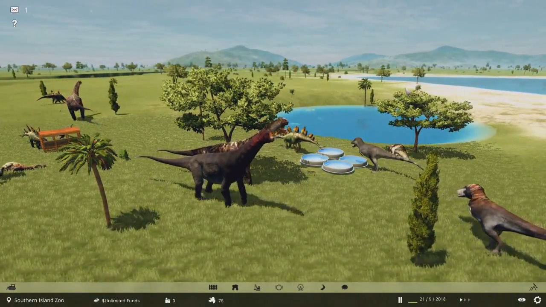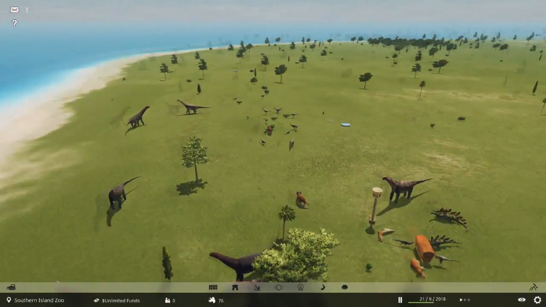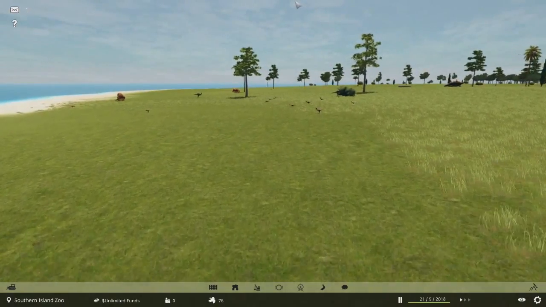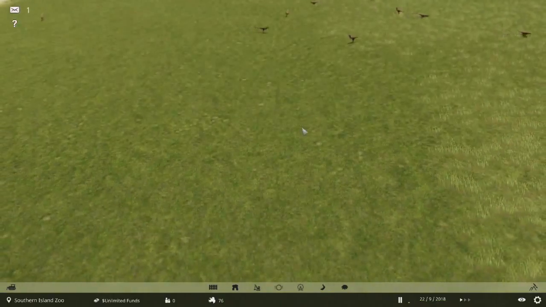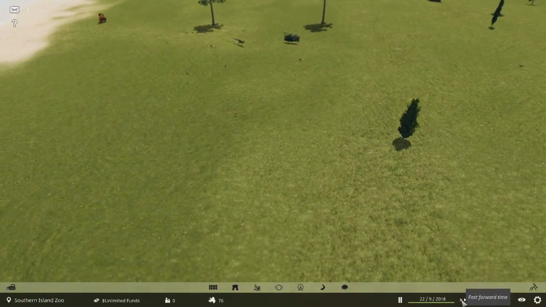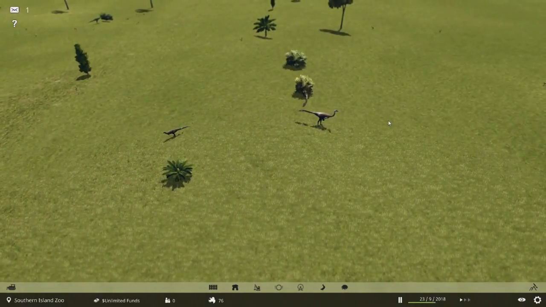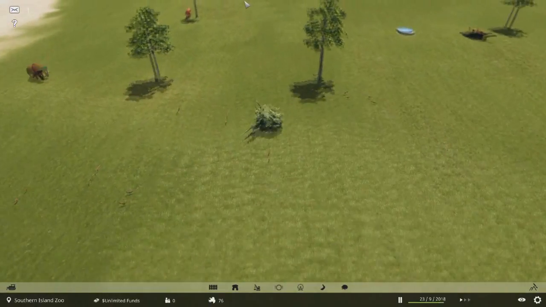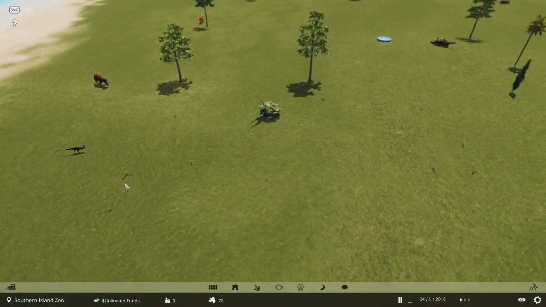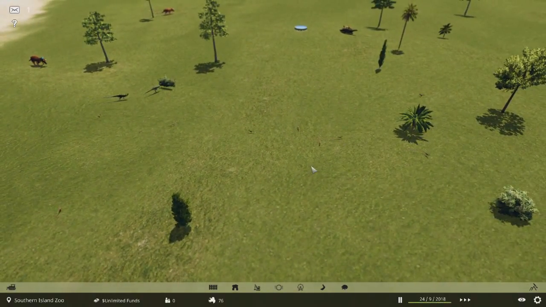Okay, so we have a few casualties in the herbivores. It looks like we have a Triceratops or two that's gone down. Oh, that's the same Allosaurus, never mind. But as far as the Velociraptors, they don't seem to be doing anything. Speed it up just to see what happens. And they're just kind of running around like crazy. So not much. Yeah, they are actually much smaller than the Dryosaurs, so I'm wondering if that's the reason that they're just not...